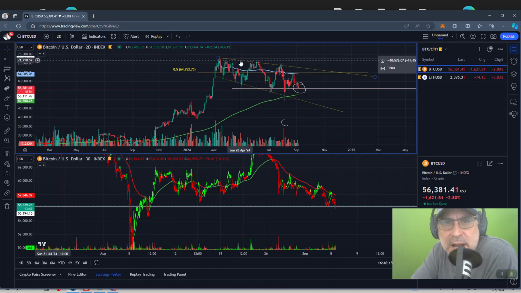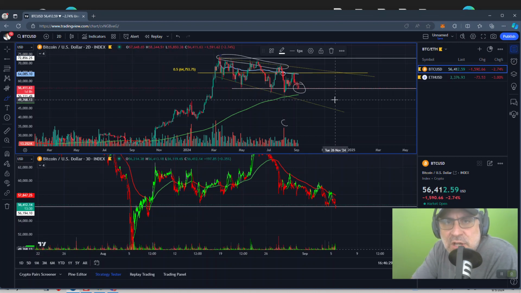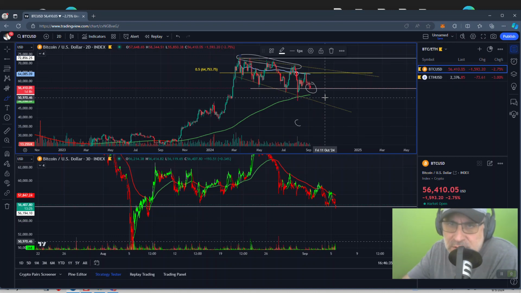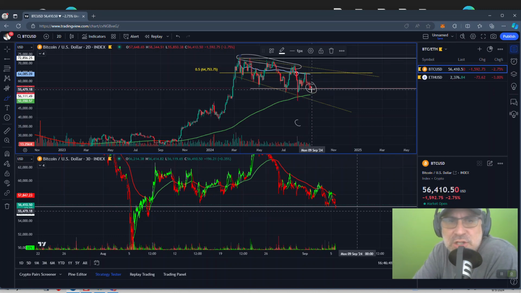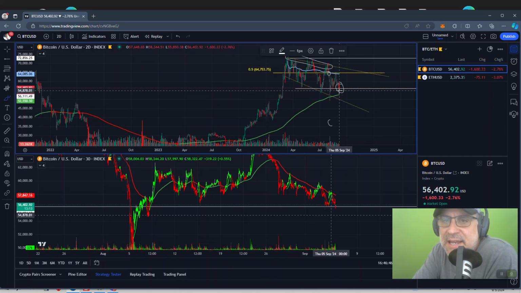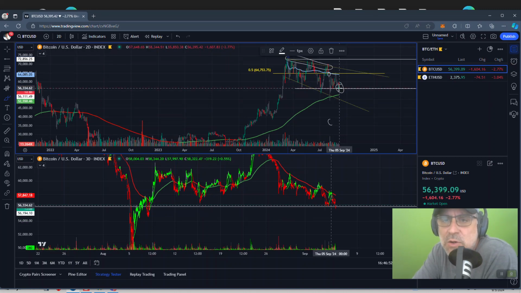macro trend resistance line, which I drew as the upper barrier from the series of lower highs here. So that's one bearish indicator that there's more sell-offs to come, especially now where we're back at trading range support, 56,000, 56.4. And what I think we're going to do, just based off these metrics, is come back down with the price, and we're going to mitigate this low that we had around 50 grand,